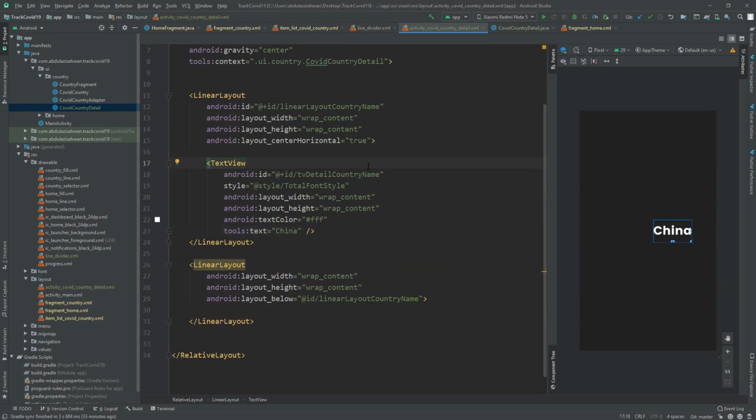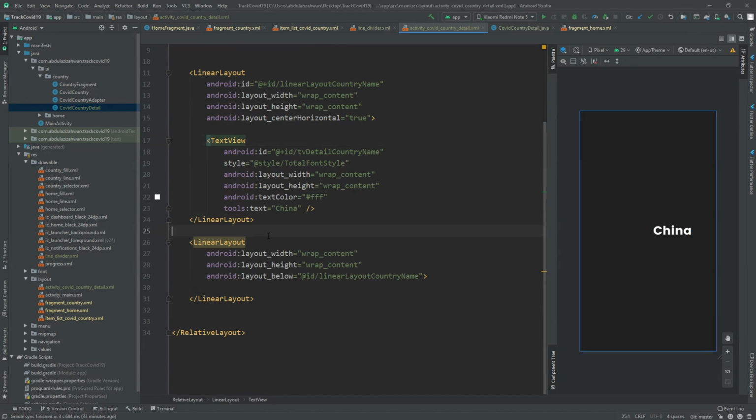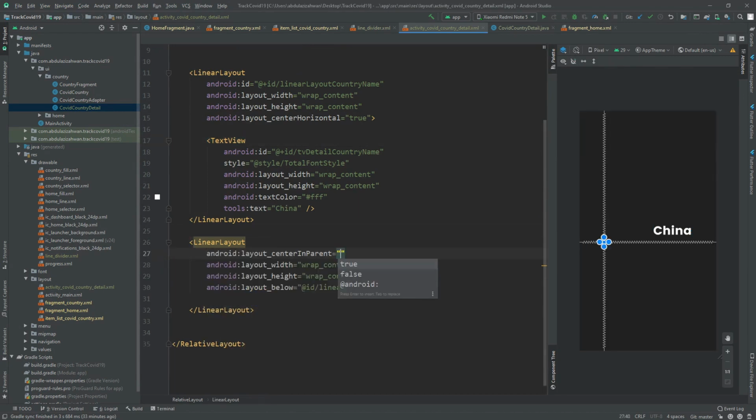Alright, and the next step is we need to set this linear layout center in parent, let's say here,